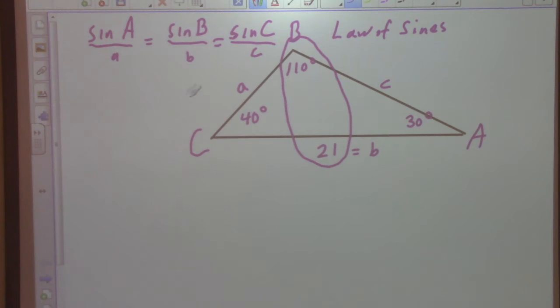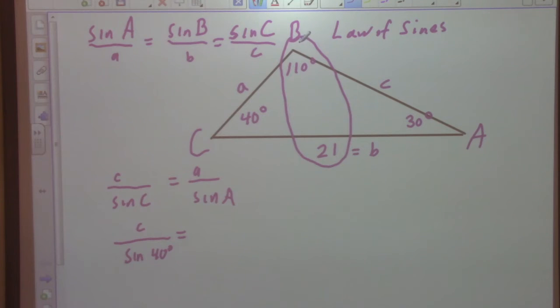And so this is my known side. If I'm trying to solve for a side first, I like to turn these equations upside down. So which one do I want to do first? C. I'm going to say little c over sine C equals little a over sine A. That's what I'm going to use first. And so I have little c, which we don't know, over sine C, which is sine 40 degrees,